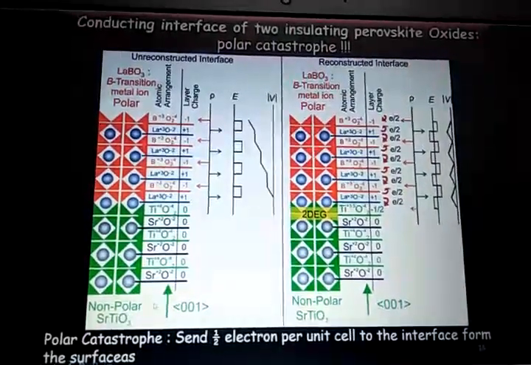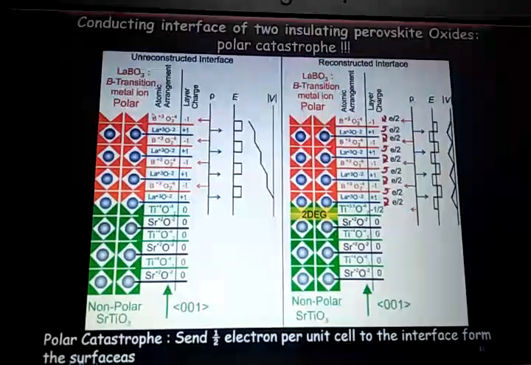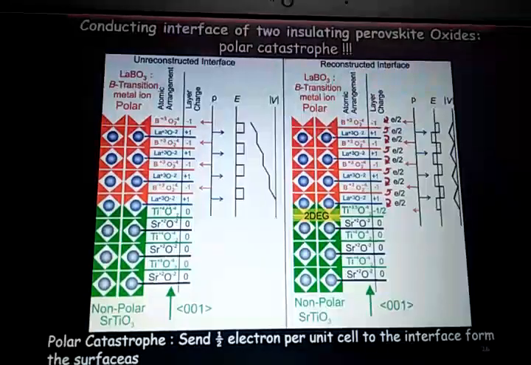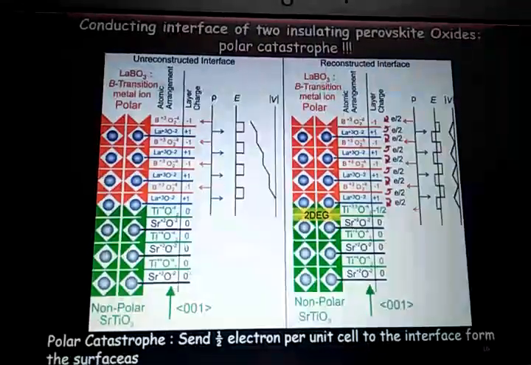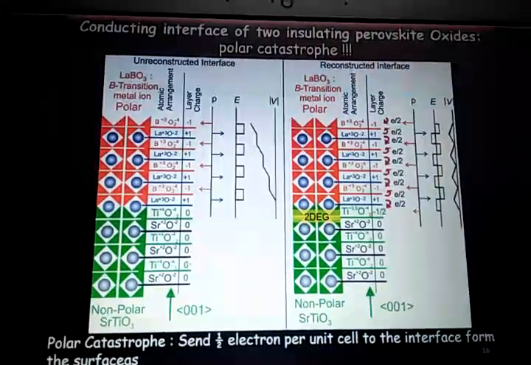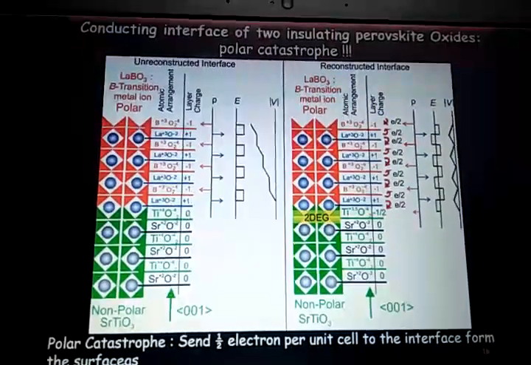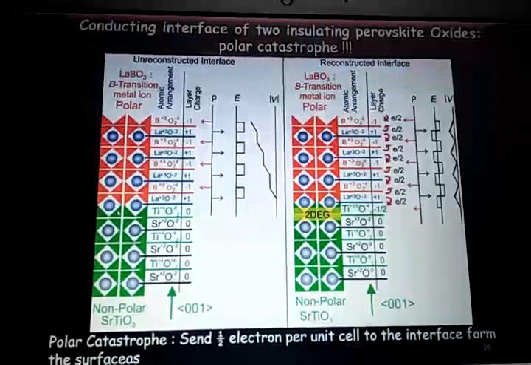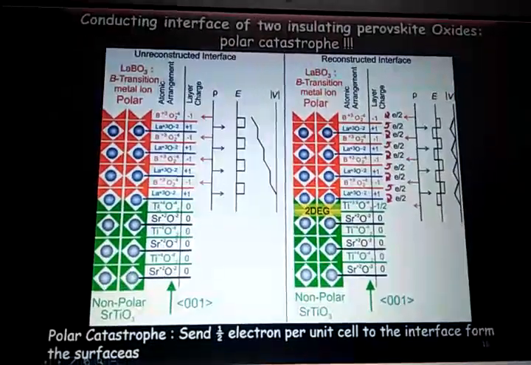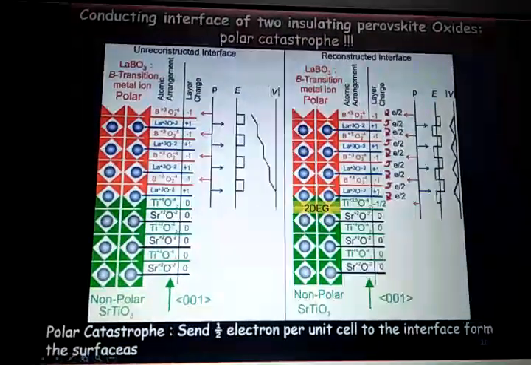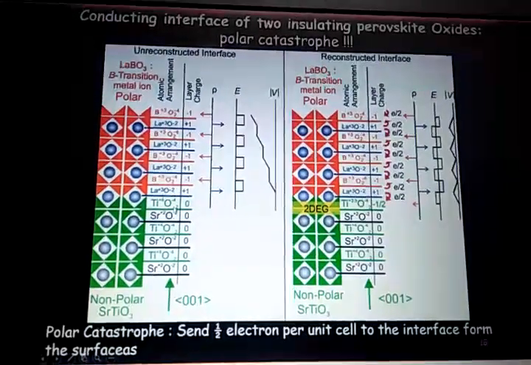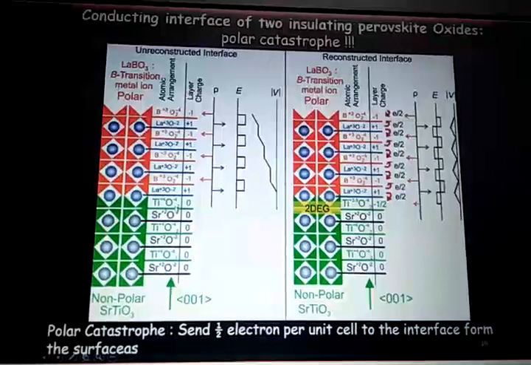and on the top of this strontium titanate substrate, let's grow a material which is polar in nature. So in case of strontium titanate, what happens? Each layer has no charge. So each layer is 0, 0, 0, 0, 0 charge. And we assume that this strontium titanate is terminated, meaning that the top layer of this substrate is titanium dioxide. This is the assumption. Please keep this in your mind.